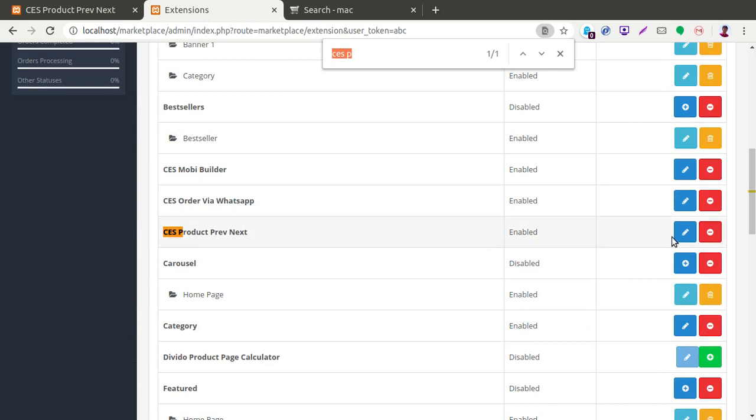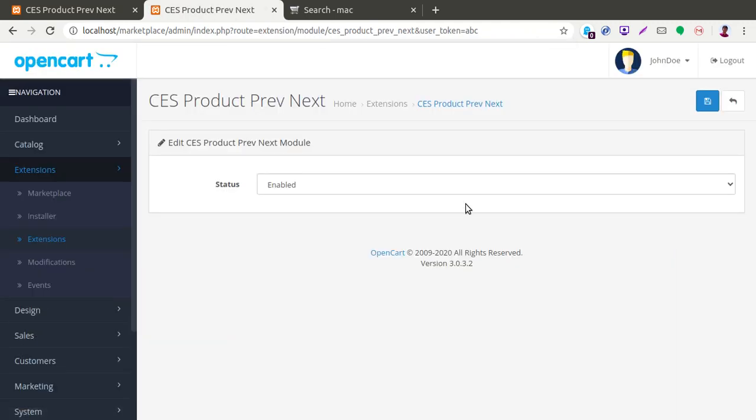After the installation of the module, upload the modification file, then refresh the modification, and then come here to the extensions module part and edit the module. Then you can see there is only one option that needs to be changed.